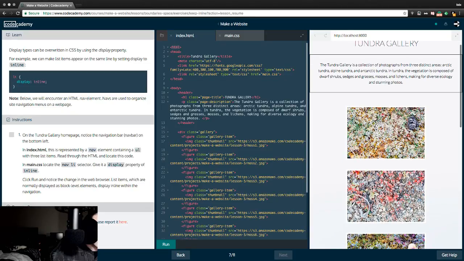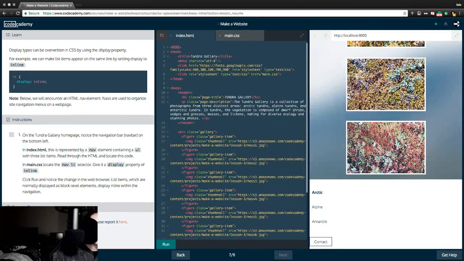Good. Hiding in the corner. In index.html, this is represented by a nav element containing an unordered list with 3 items. Read through the HTML, locate this code. In main.css, locate the nav list selector. Give it a display property of,